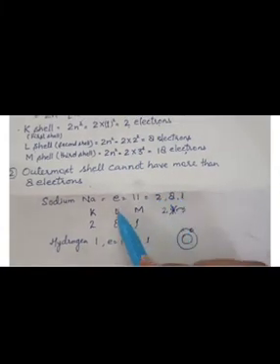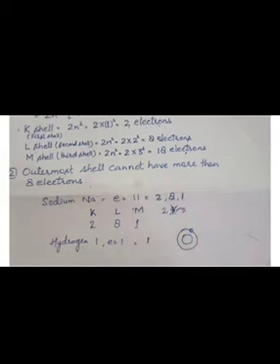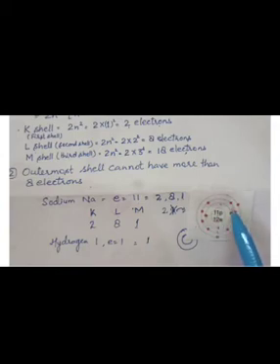This is your nucleus, and only one shell is there, and this shell contains only 1 electron, right? In case of sodium, just look here. First shell contains 2 electrons, second shell contains 1 2 3 4 5 6 7 8. L shell contains 8 electrons, and third shell, that is your M shell, contains 1 electron. And this is called the atomic structure of sodium. Understood?